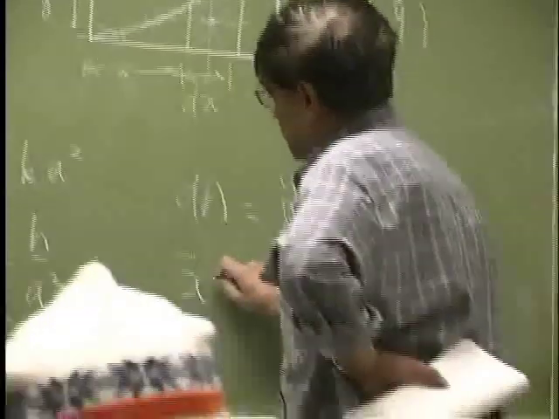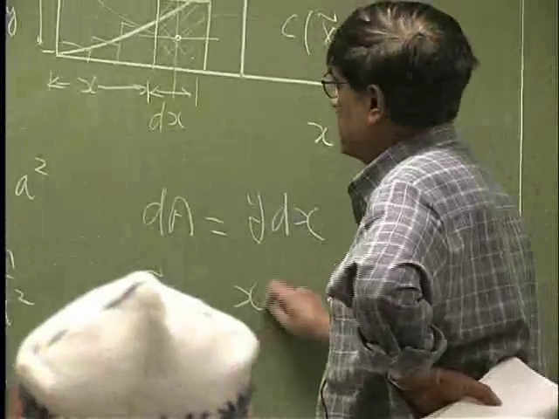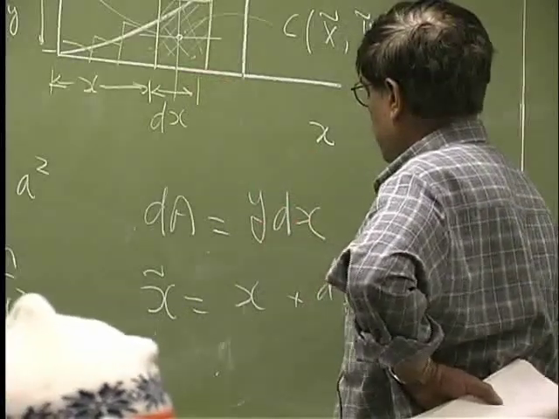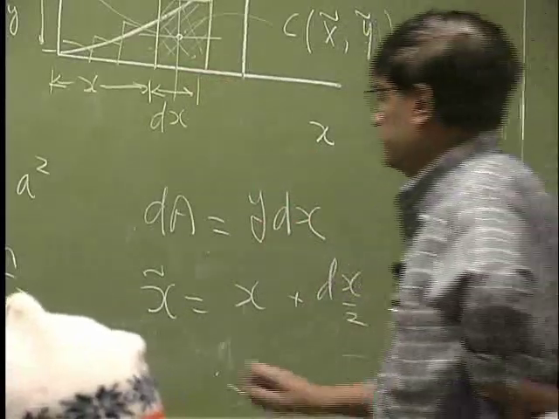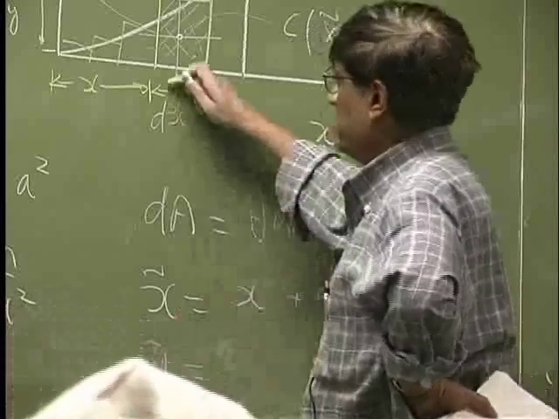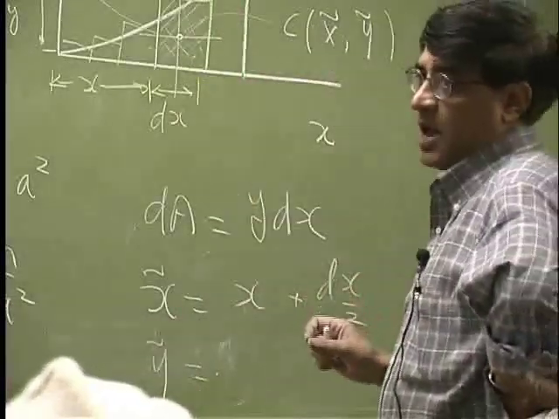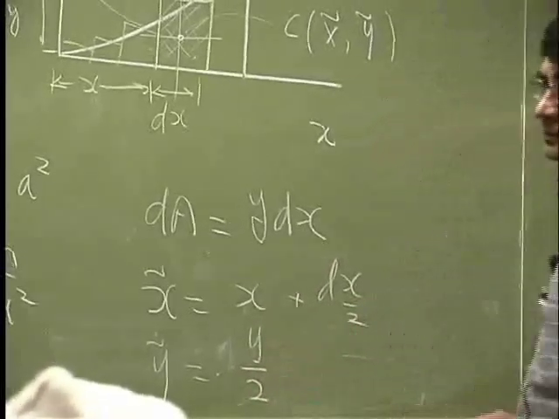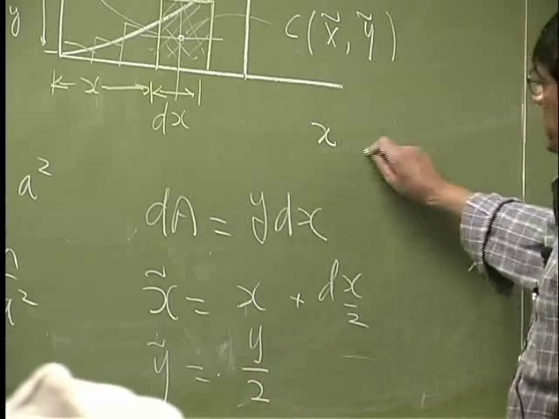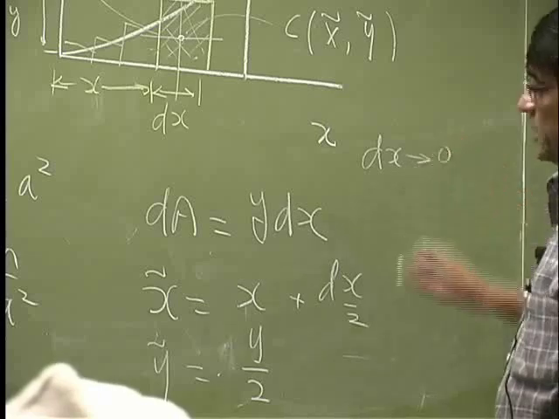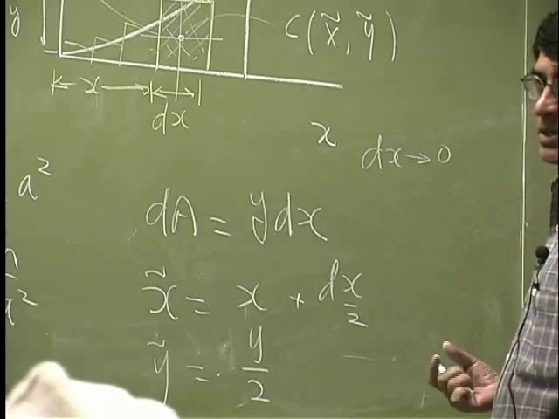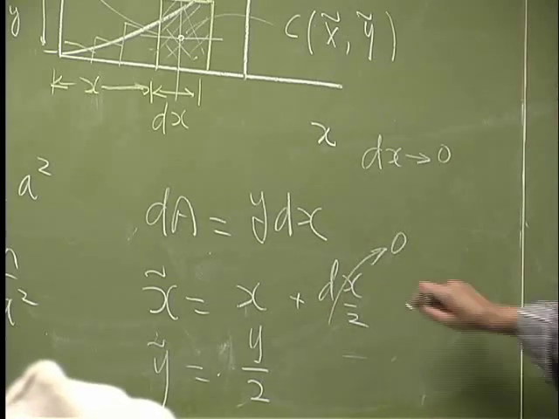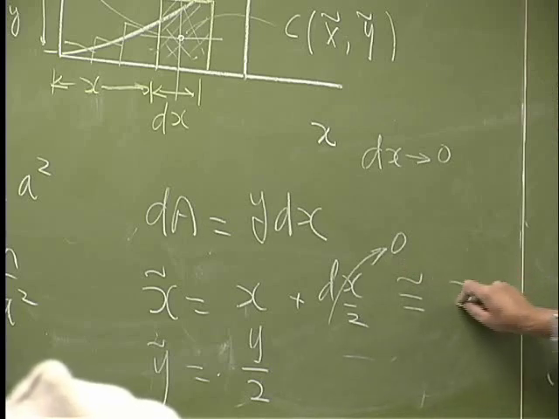So from that diagram, x tilde is going to be x plus this length here, half of the width, that's dx over 2. Then your y coordinate for the centroid of this rectangle is at half of the height, so that becomes y over 2. Then we do one more thing. We know that in the limiting sense, dx can approach 0. So dx as such is really a small number, which means you could drop this to 0, and we can approximate x tilde by x,